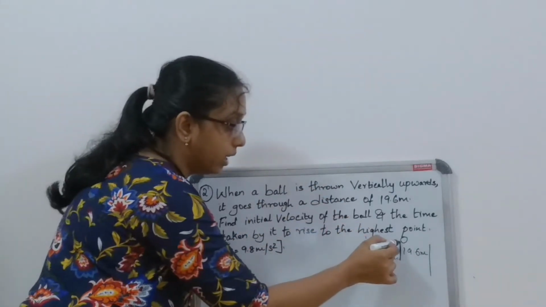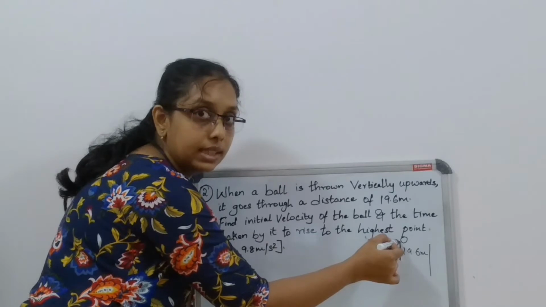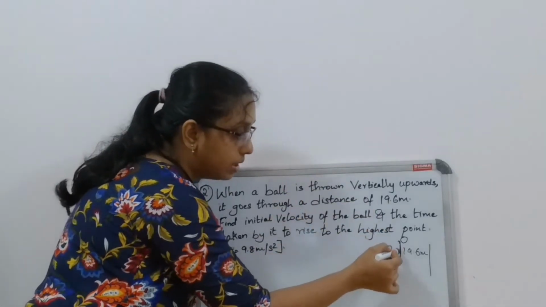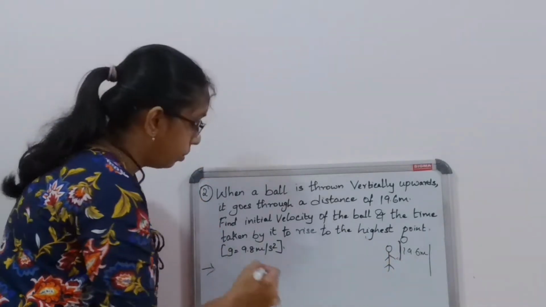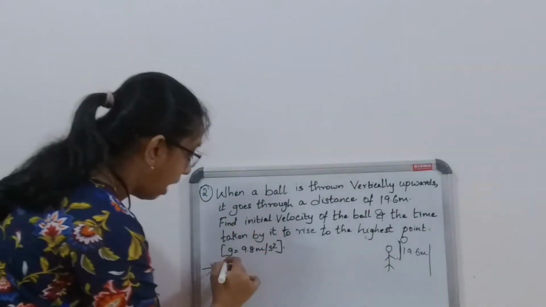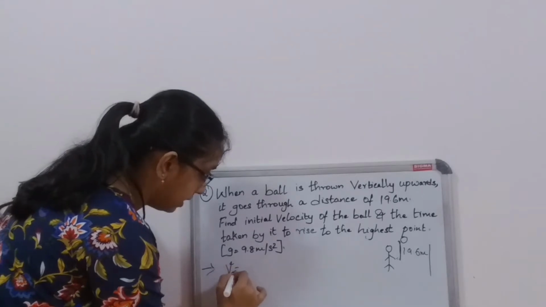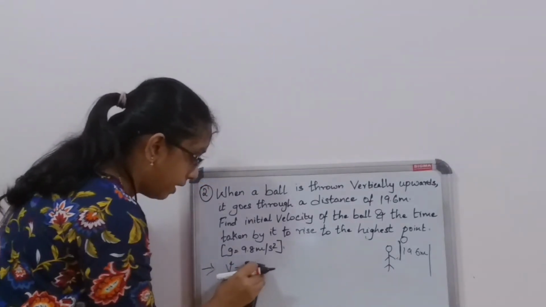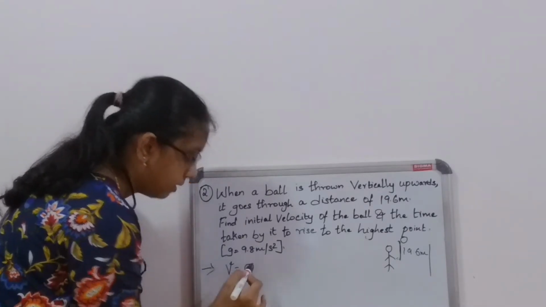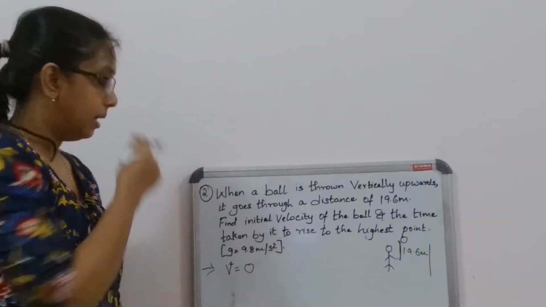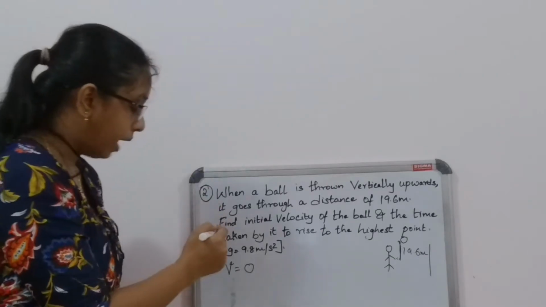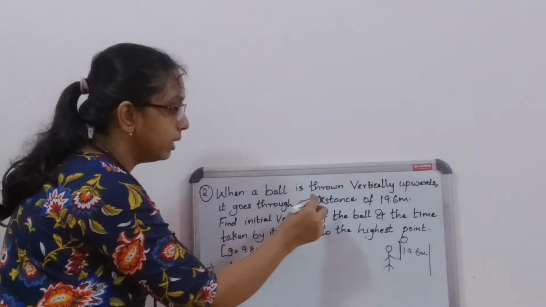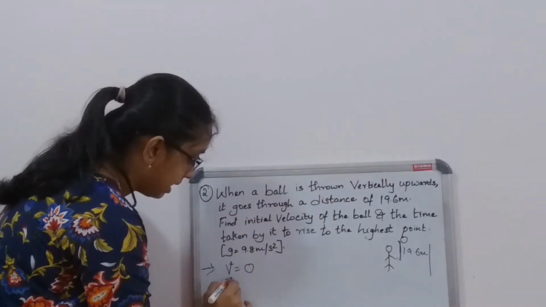It is coming back after touching a certain point. After going to a certain point, it is coming down again. So from that we can understand our final velocity is 0. Yes, so what we have found is that our final velocity is 0, and we have been given distance S